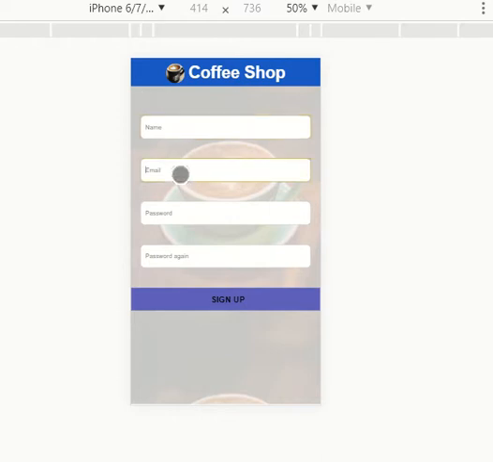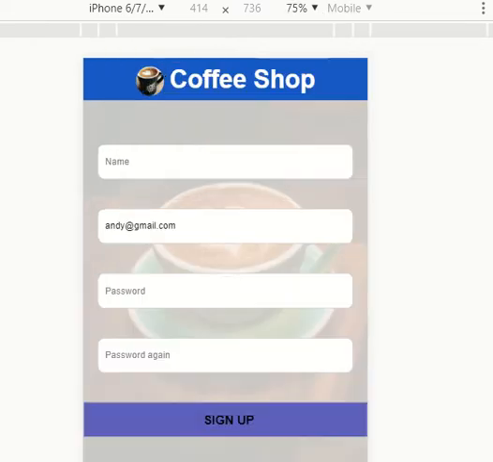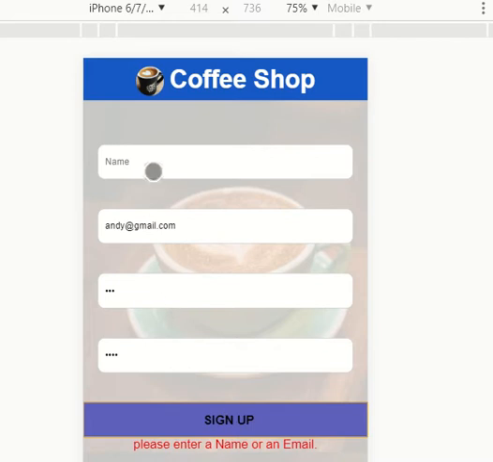I'll test for you. Let's say at first I didn't enter the name. I'll enter the email address. It's a little small, let me zoom in a little bit. Okay, if I click sign up, because I didn't enter a name, it will ask me to enter the name. If I enter the name,